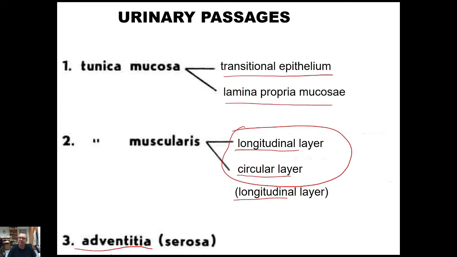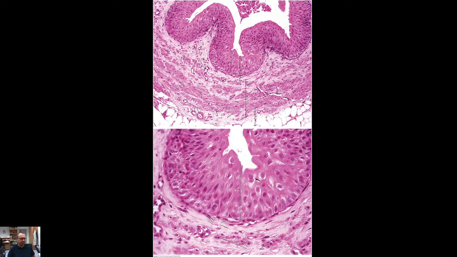Only urinary bladder is an intraperitoneal organ, and so it has got serosa on the surface, having mesothelium as a visceral peritoneum, in fact. Okay, so that's the general structure of urinary passages, and now let's look at the